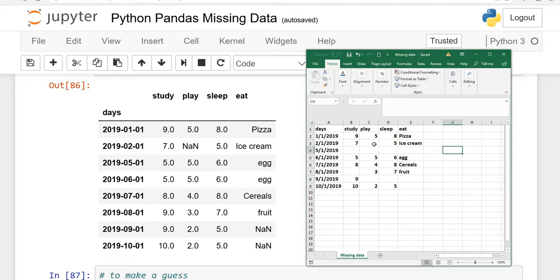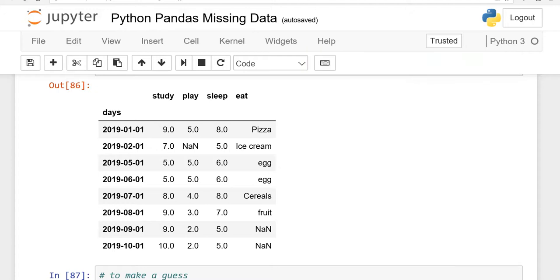Here is 2 blank cells, but the limit is equal to 1, so it will fill only this part in play, and the second one is NaN. If it is forward fill, it will come top to bottom. If it is backfill, it will go from bottom to top, but it will fill only one cell. If there are 2 or 3 blanks, it will fill only one cell, right?